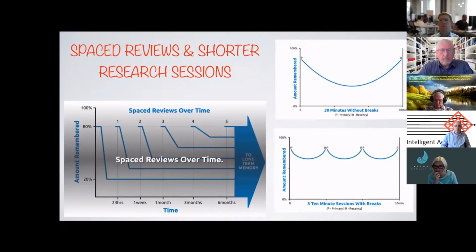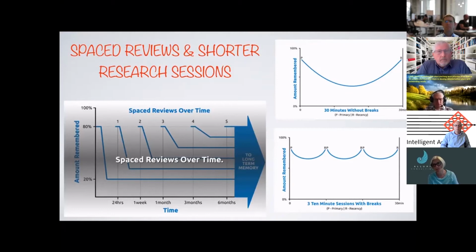Now, a little bit more information. There's 2 elements to this slide. One is the chart over to the left, which shows demonstrably the value of reviewing information over time, at what point you should review it. It also tells you how often to review it and what the results will be. And what that's showing you is, if you take the first line on that chart,